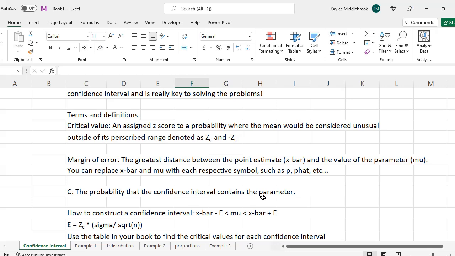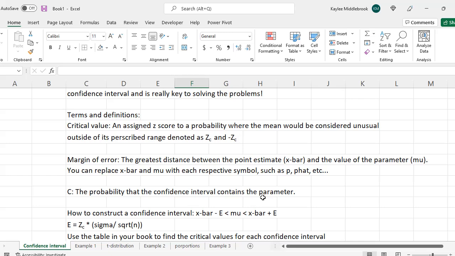For our terms and definitions, we have a critical value that's going to be assigned to each distribution that relates to our confidence level. For example, if we have our Zc and our negative Zc, where Zc is taken from our confidence level, like for example a 99% confidence level, then we're going to take that area under the curve, and then we're going to figure out where that z-score lies to give us our